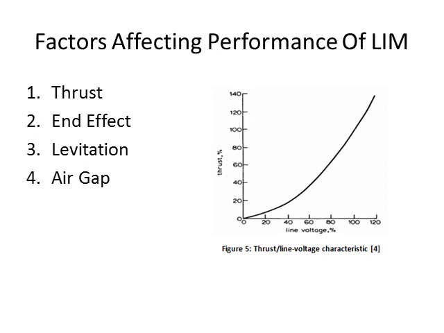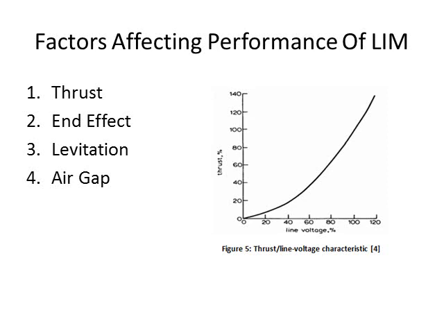And now let's talk about the factors affecting the performance of an LIM. The first is obviously the thrust, which refers simply to the driving force producing translation in a linear motor. Usually a higher magnitude is desirable. The figure on the right shows the behavior of a standard LIM with a pole pitch of 5.6 cm, which has a thrust proportional to the square of the applied voltage. This in turn reduces as the slip is reduced